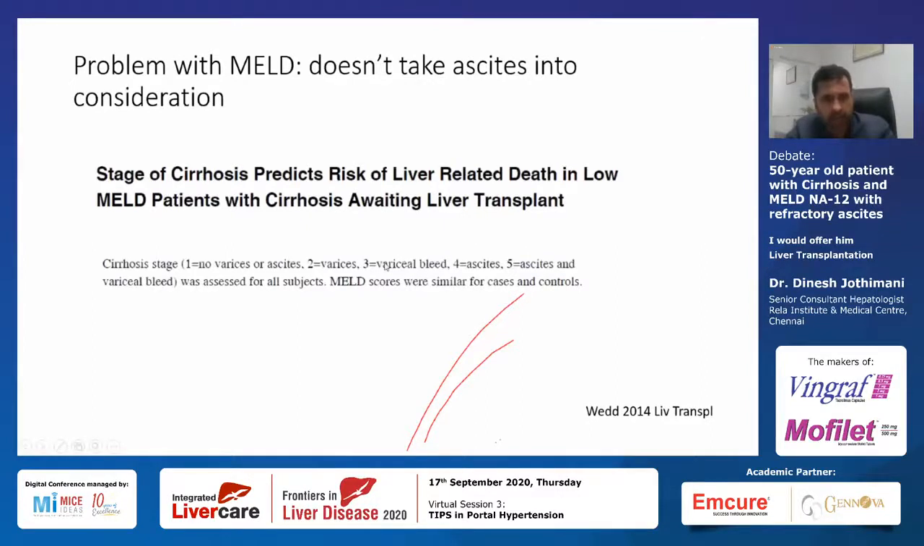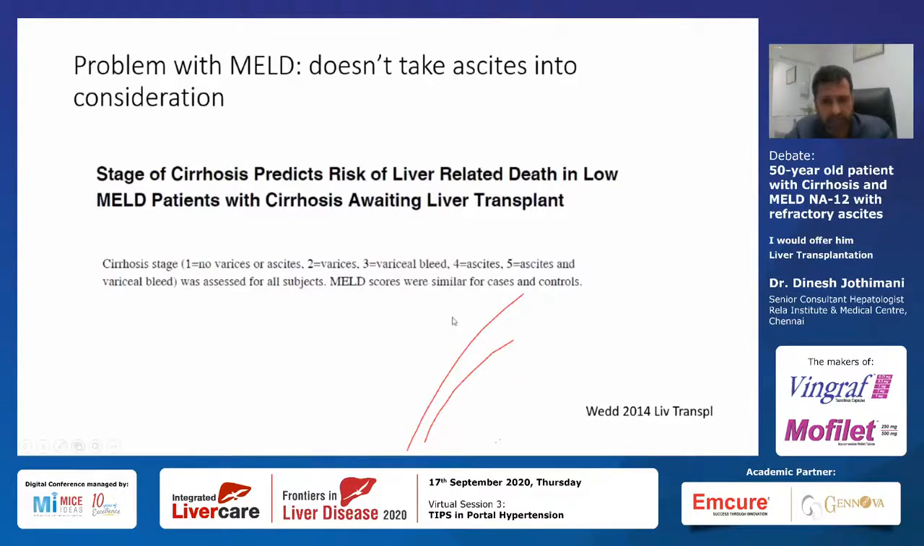Why are we hell-bent on MELD? The MELD score, when it comes to ascites, doesn't take it into consideration. Okay, so this is a very important point. So in this case control study, they classified patients with MELD and then subclassified according to the varices or presence